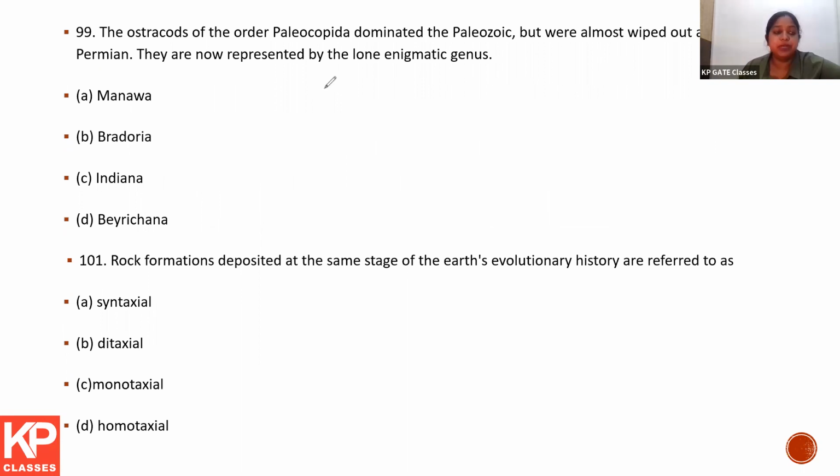They are now represented by the lone enigmatic genus. Answer is Manawa. Rock formations deposited at the same stage of Earth's evolutionary history are referred to as, here the answer is homotaxial. Homotaxial. Direct question, we know,